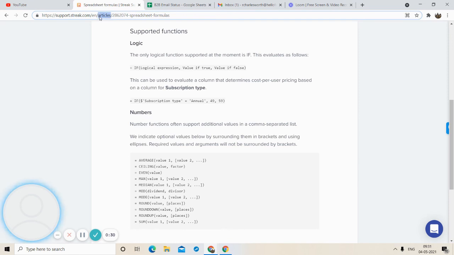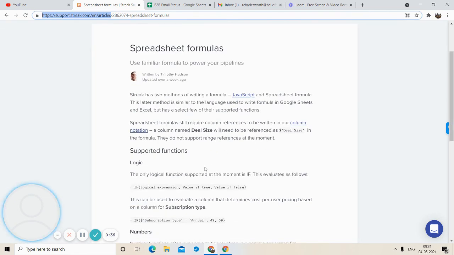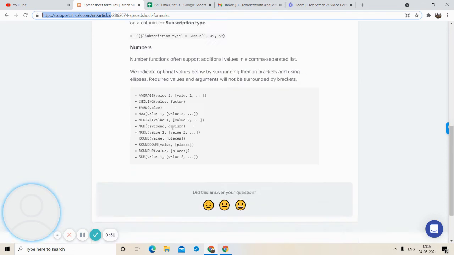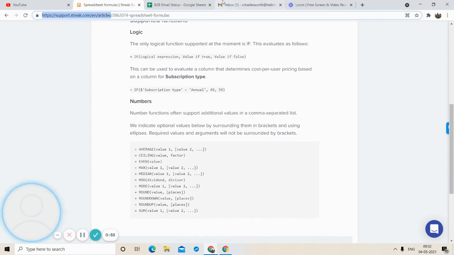I will post this list in the sheet in the description below. You can go there and learn more about how to use formulas. Basically, there are no more advanced features than what we use in Excel. What we can do is basic things like find the average of two rows, etc. So you can refer to that and learn more about it.